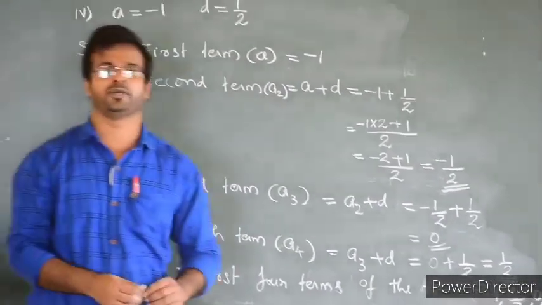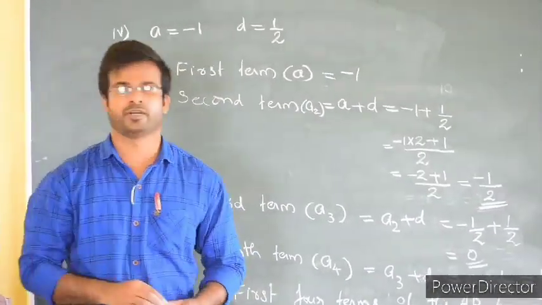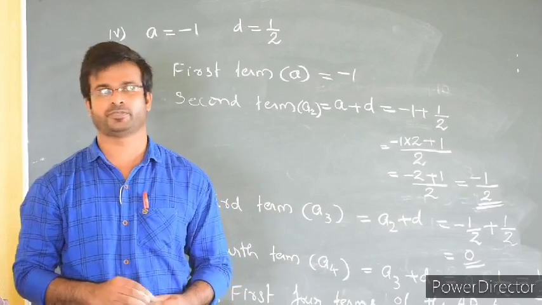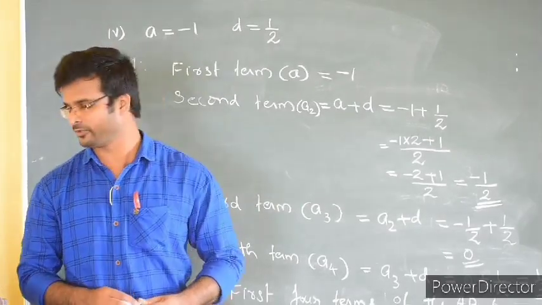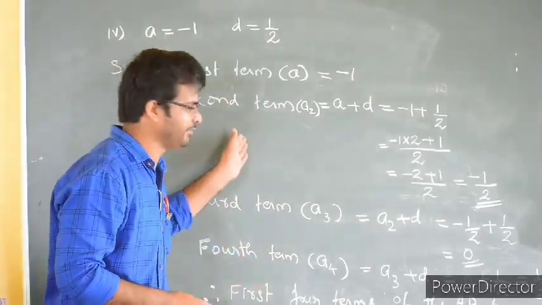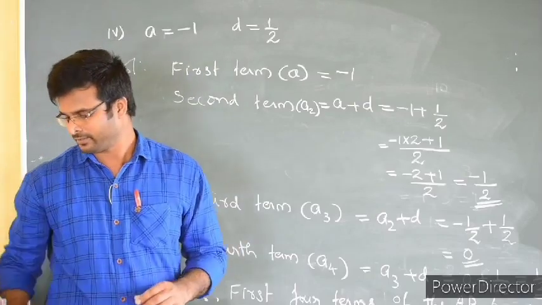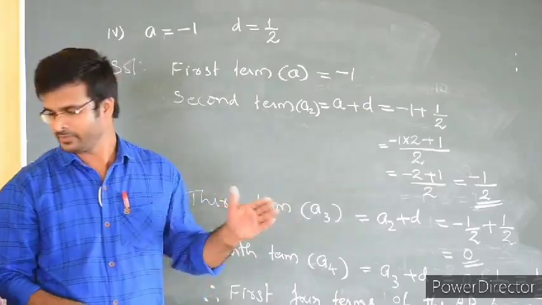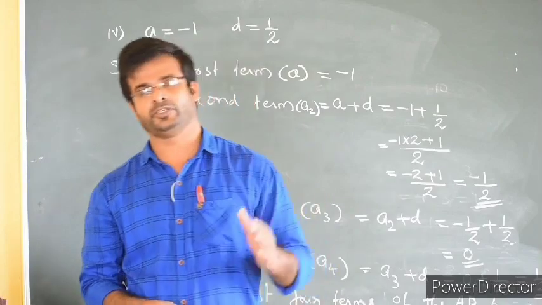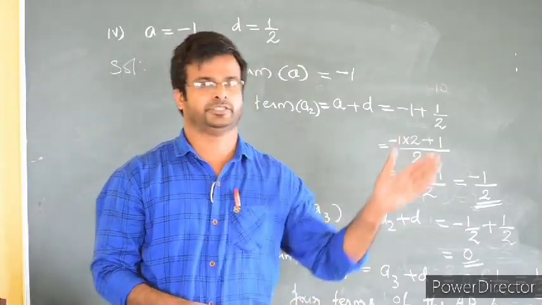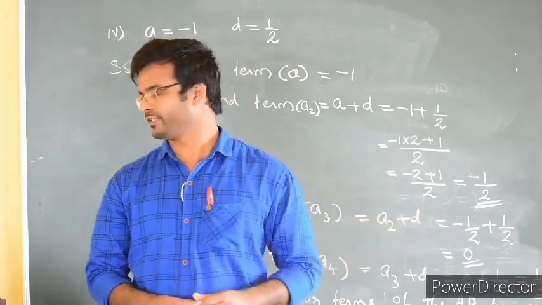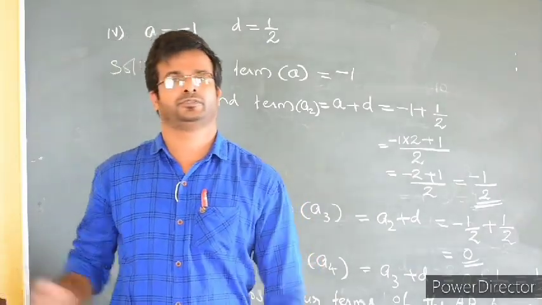I hope all of you understand. And then remaining one more problem is there, that is Roman number 5, that we can do at home. Similar, same like these questions only. Then the remaining part we can do tomorrow. We are going to continue this class continuously. Okay, thank you.